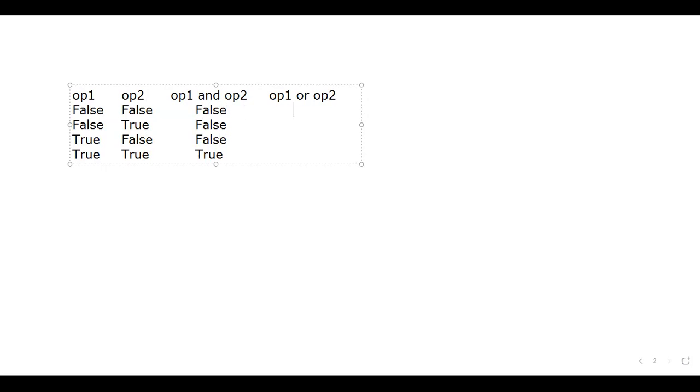Here both are false, then it will be false. One is true, then it will be true. Just observe this logic. If any one of the operands is true, the resultant will be true. Otherwise false. If both are false, it is false. If both are true, also true. Any one of the operands true, also true.